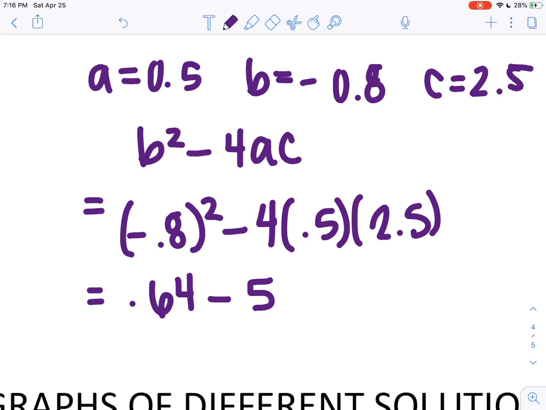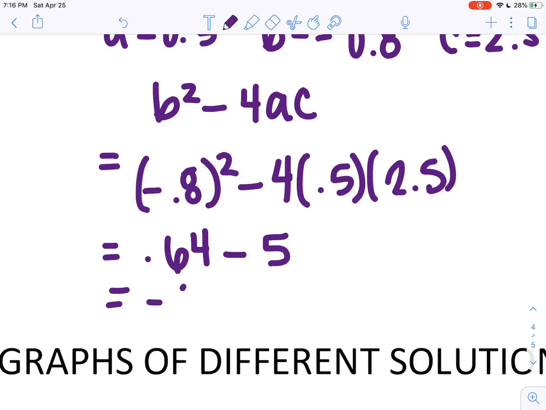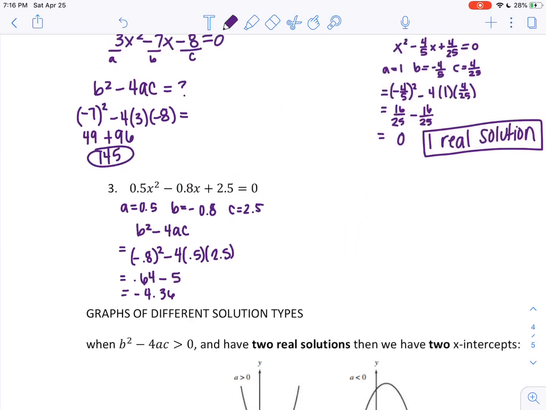So I have 0.64 minus 5, which is equal to -4.36. Again, my answer is not 4.36. It's saying in the quadratic formula, inside the radical, I would have the square root of -4.36, which is